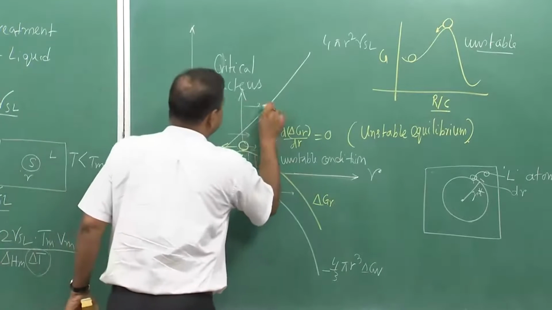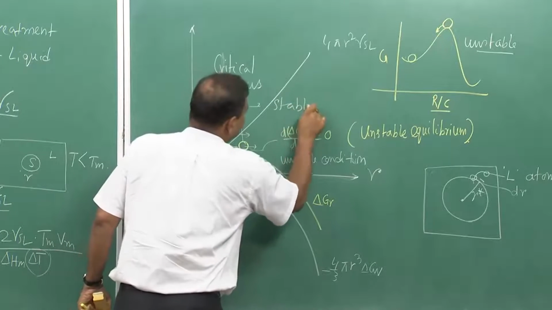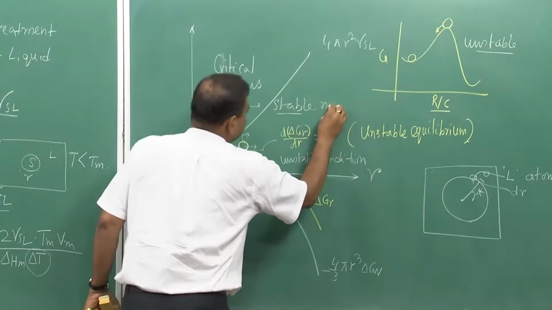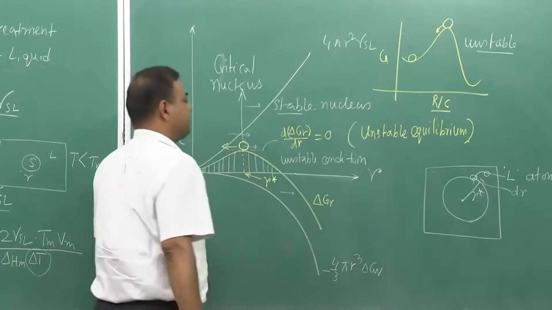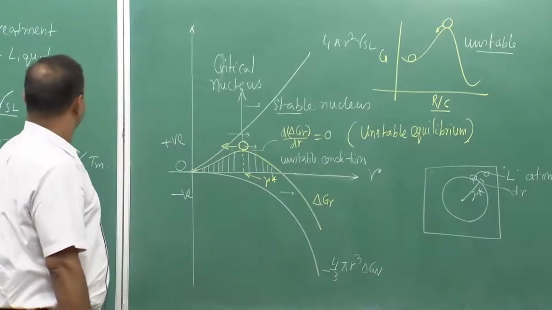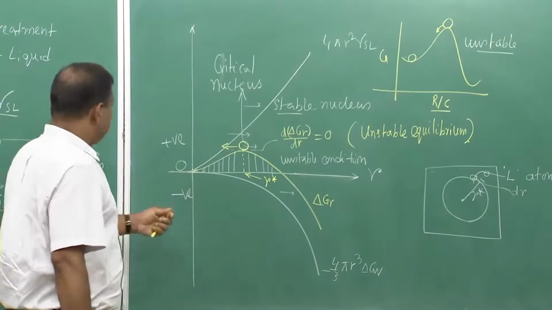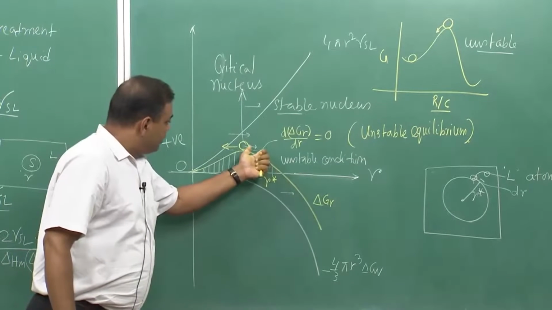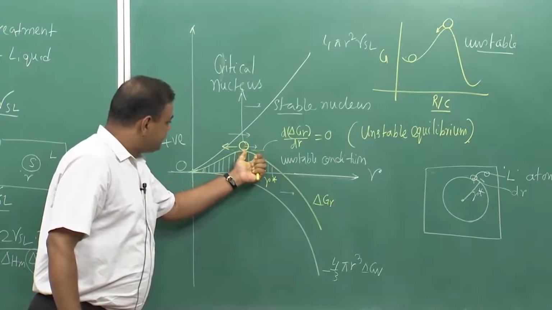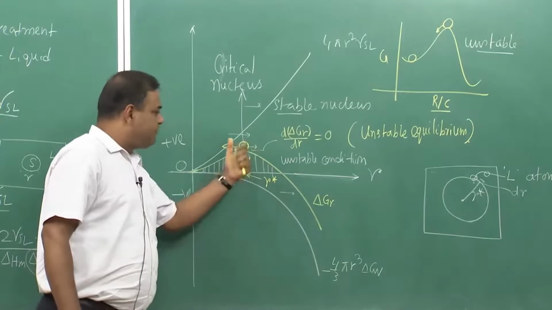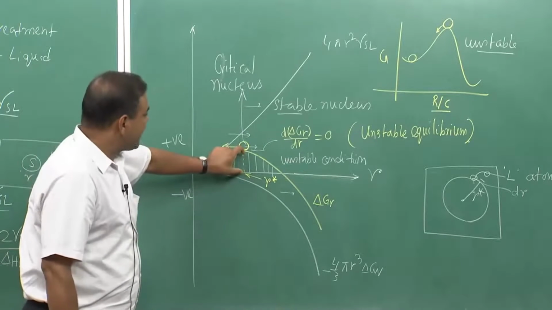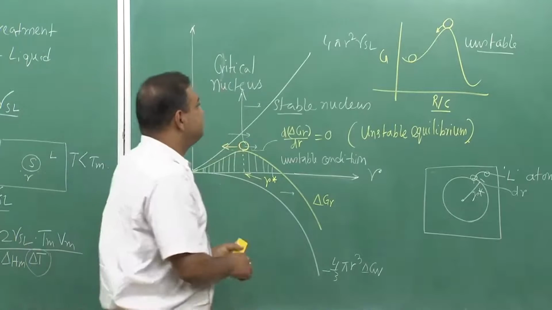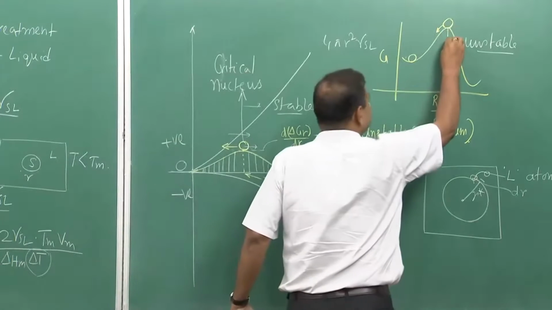So, this side is stable nucleus. Now, since this is staying on top of it, which is unstable equilibrium, and this is also another interesting part, that means if I try to say this